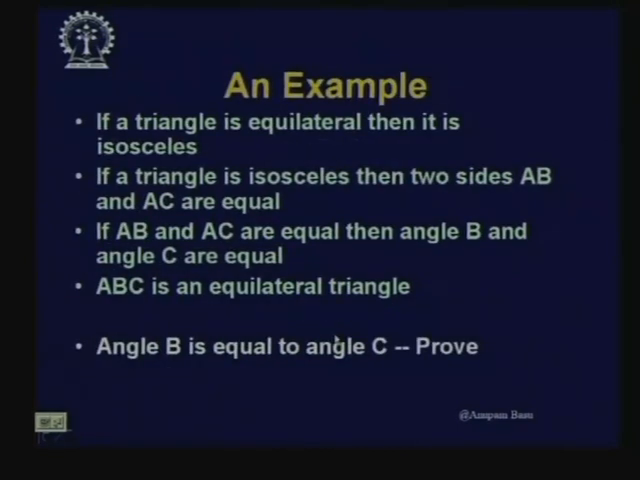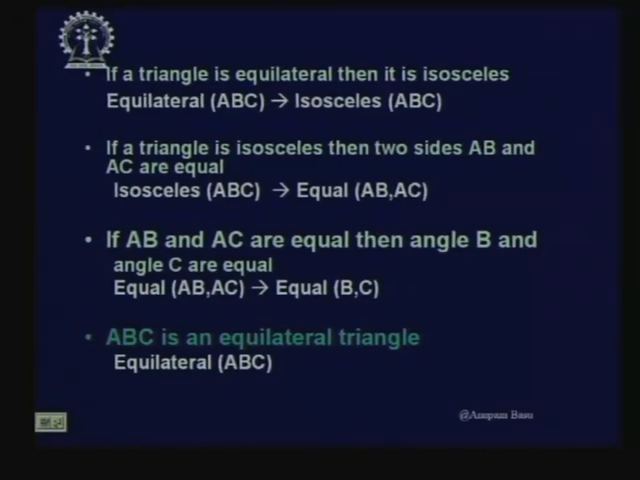So, the same old example: if a triangle is equilateral, then it is isosceles. If a triangle is isosceles, then the two sides AB and AC are equal. If AB and AC are equal, then angle B and angle C are equal. ABC is an equilateral triangle, and we are supposed to prove angle B is equal to angle C. Now, given this,